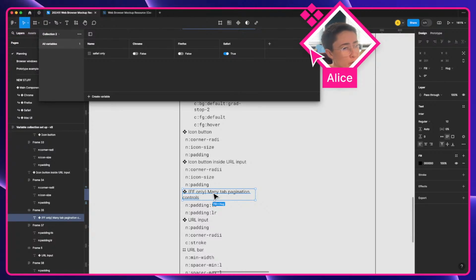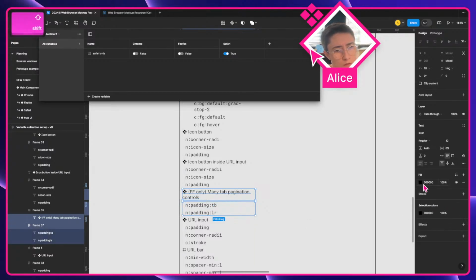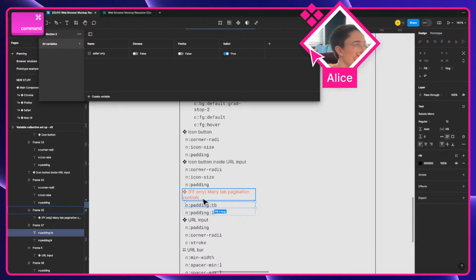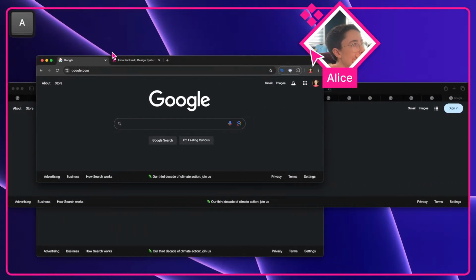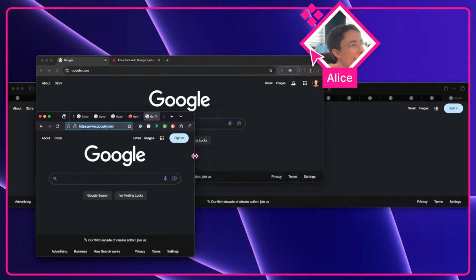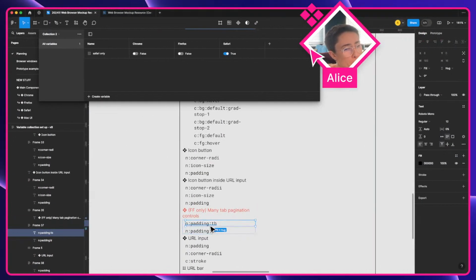Here we go, Firefox only. Menu tab pagination controls. And so, going back to Firefox, we've got all these tabs. The same way that this shield icon is going to be specific to Firefox, so will the visibility of these pagination controls. And their padding is going to be actually